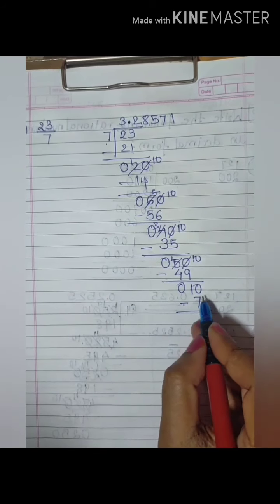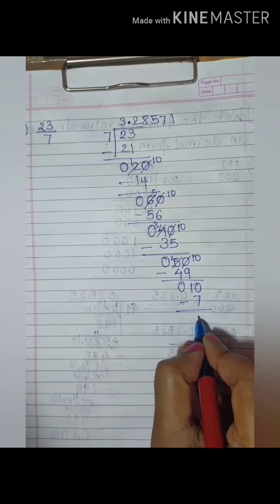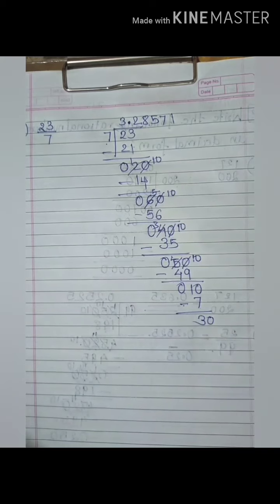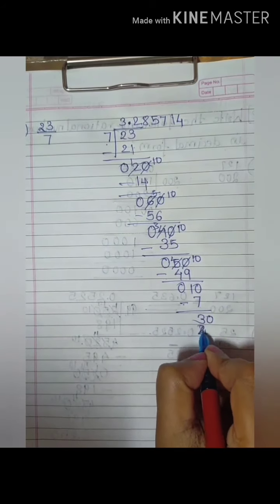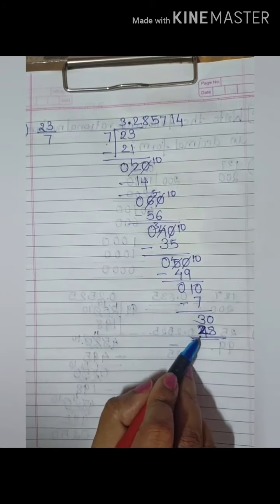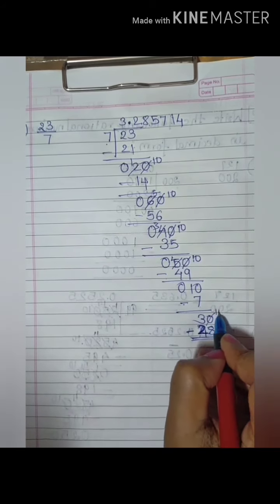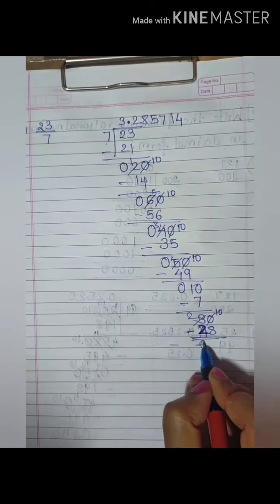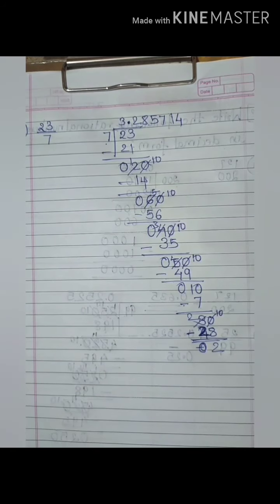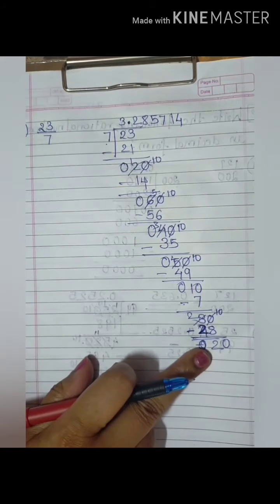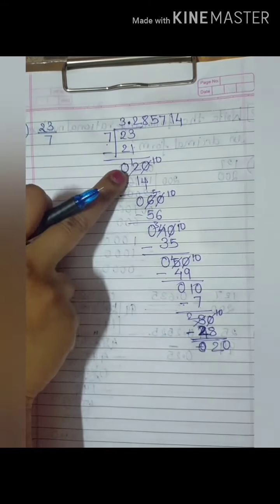Okay, now this will come 3. Again we are taking 0. Then 7 4s are 28. So 30 minus 28, so it will become 10, this will become 2. 10 minus 8 is 2. Again 0 I am taking. Again I am taking 0. See here 20, here 20. This number is going to